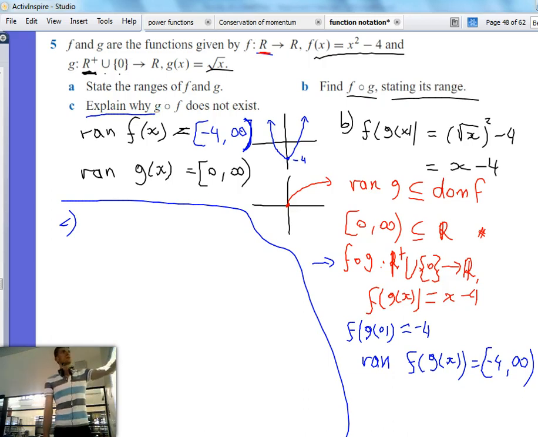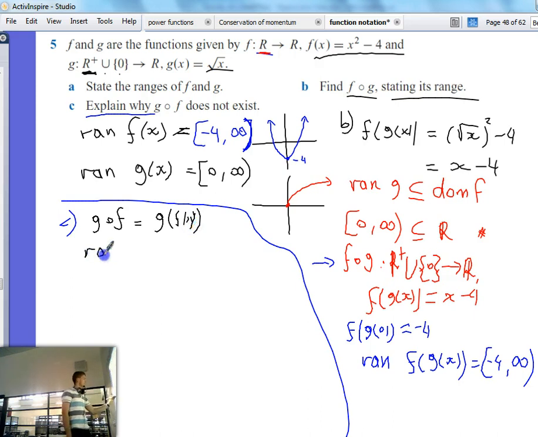So in this case, g of f, which is g of f of x, the inside function is f of x, so the range of f must be a subset of the domain of g of x. And if that happens, it exists. So for it to not exist,